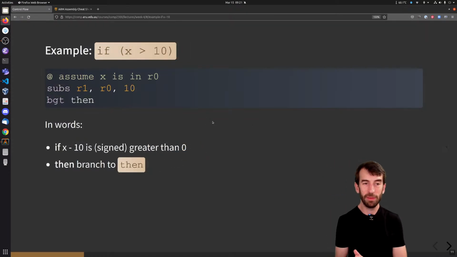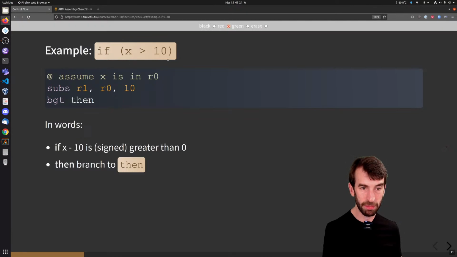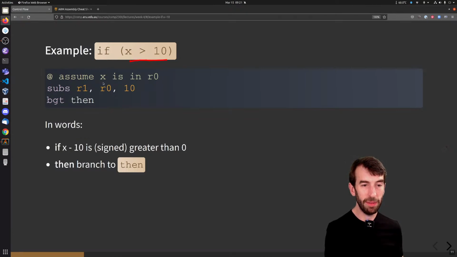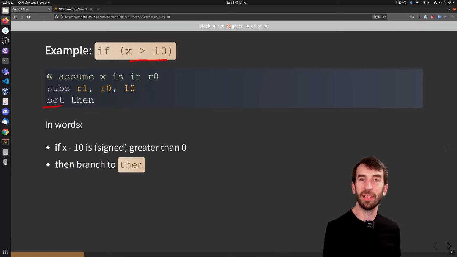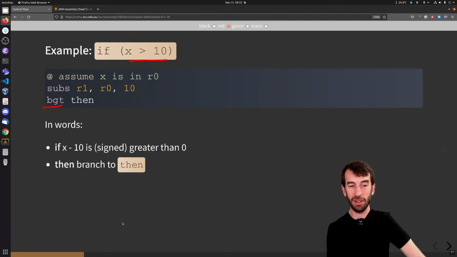Another example, suppose x is greater than 10. Well, if x is greater than 10, that's the condition we want to run. Now if x happens to be in R0, we can do a SUBS R1, R0, 10, and then use the BGT, the greater than condition code, to go to the then. Same idea, if x minus 10 is, in the signed respect, greater than 0, then branch to the then. So you can see that